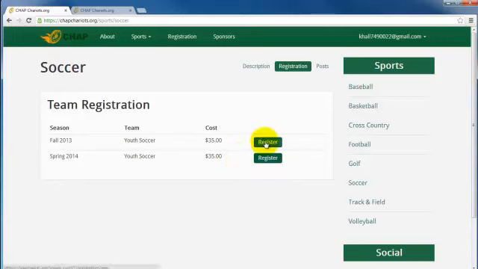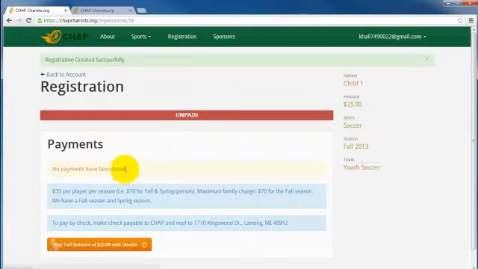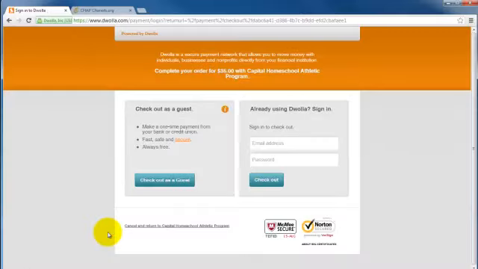So then you click on register, and then from here you can select which child you want to register for. You'll have the pricing information up here and any additional notes, and you just click on register. This will take you to the payment page, and right now it's saying it's unpaid. And then to make your payment, you can just click on this button right here,